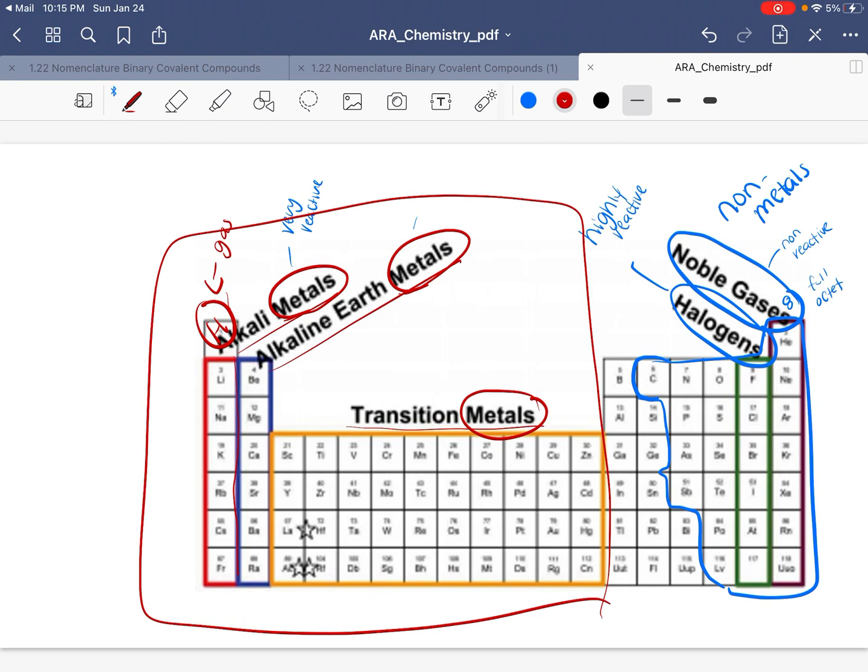So let's say that we are looking at element potassium here, K. Can you tell me if this is a metal or a non-metal? Yes, potassium would be a metal and it's part of the alkali metal family. Let's look over here on the periodic table and we have chlorine. Is chlorine a metal or a non-metal? Chlorine is a non-metal. It's on the right side of the periodic table and it is part of the halogen